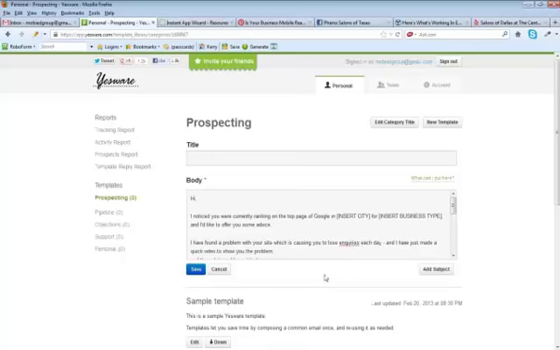But let's go back to Yesware. Now, I'm going to build my emails, okay? And tonight I want to focus on these emails. The great thing about Yesware is I'm going to be able to build my templates, and I can use the same templates. So I'm going to title this roofers. Let's do this. Okay. And I'm going to save it.